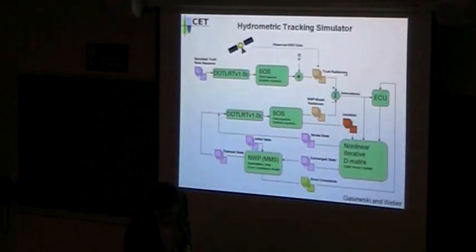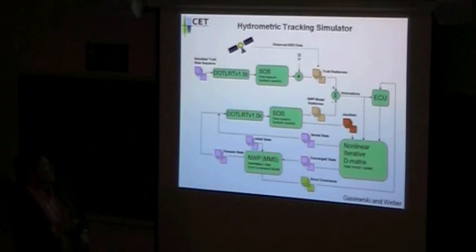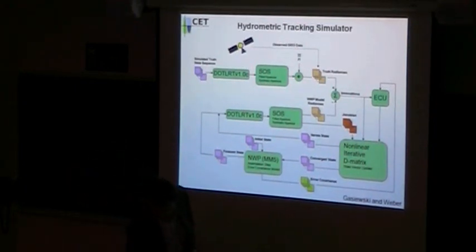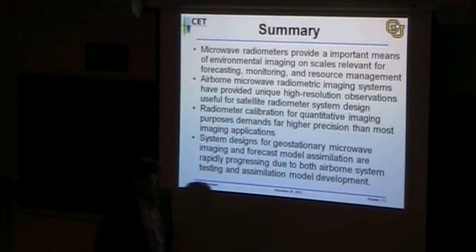Now we're running out of time, so I'm just going to say we are working on this with something called the hydrometric tracking simulator. It does all the things that are needed to generate these images, to blur them out, to produce then multispectral assimilations of quantities, and to look at how accurate we can then observe the actual data as well as forecast. And I think I'm going to end right there. We have a few other movies that we can look at a little bit later on, but let me just summarize